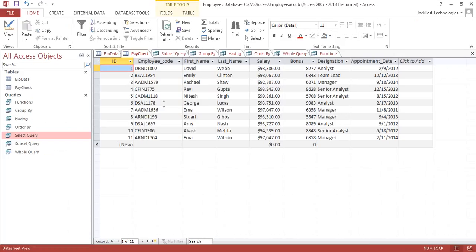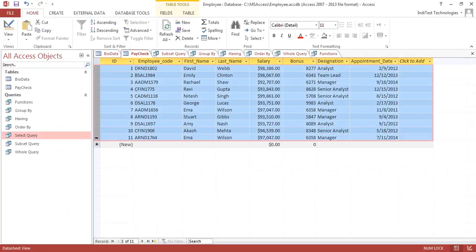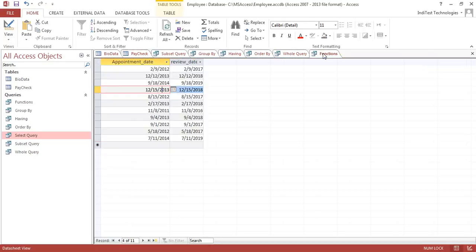And in MS Access, I have, beginning with our typical data set, the paycheck data set. Let's imagine that all of these employees are contractual employees, and all of them stand a review after, say, 4 years from now. And I simply want to know what would be the dates 4 years from now when these individuals would stand up a review. Now to put it